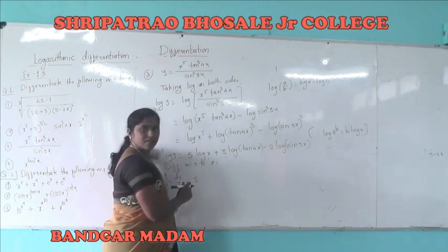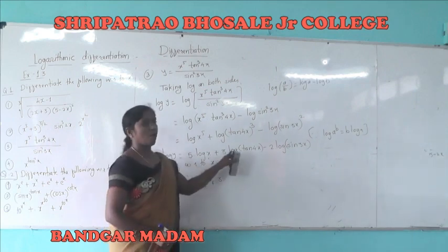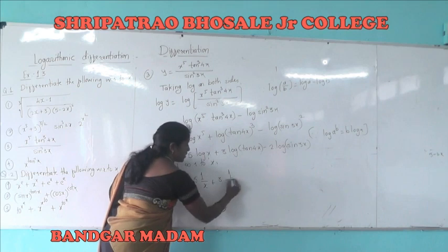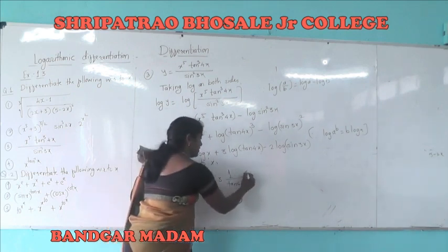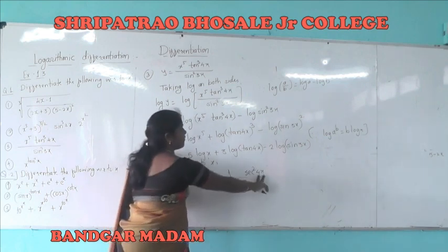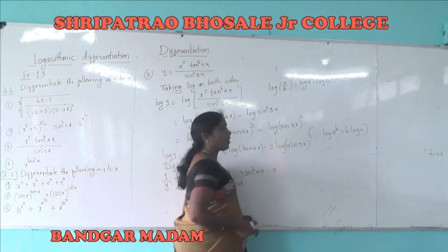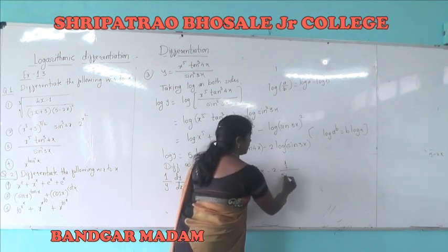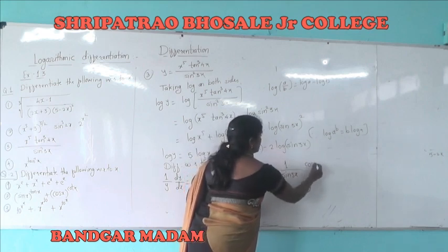Derivative of log x is 1 upon x. 3 as it is. Derivative of log of tan 4x is 1 upon tan 4x into the derivative of tan 4x. Derivative of tan is sec square, so sec square of 4x, and the derivative of 4x is 4, minus 2. Derivative of log of sin 3x is 1 upon sin 3x into the derivative of sin 3x, cos 3x, into the derivative